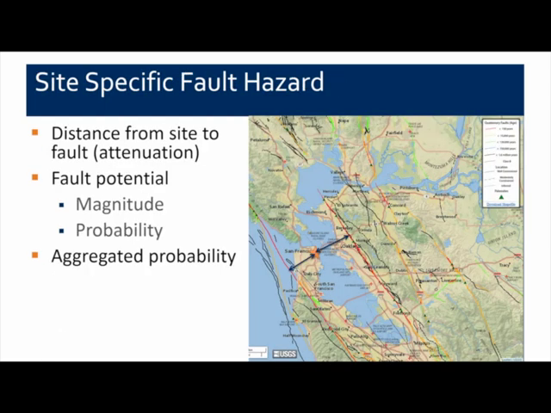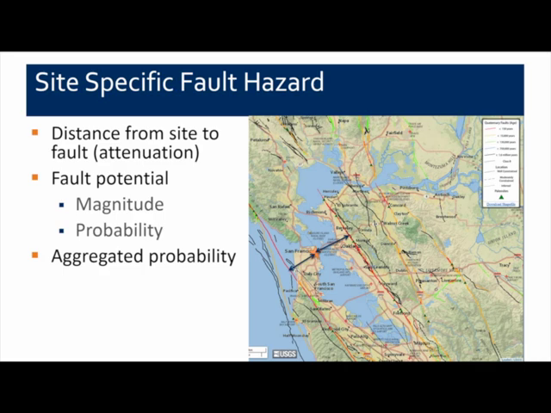So if you want to know what the likely effects of an earthquake would be on a specific site, you need a site-specific hazard analysis. And this analysis considers a number of different factors. First of all, the distance from the site to each fault that might be in the area. And the effect of this is what's called attenuation, because the earthquake motion will dampen out slightly from the earthquake to the actual site. So for a given site, you would need to consider all of the major earthquake faults